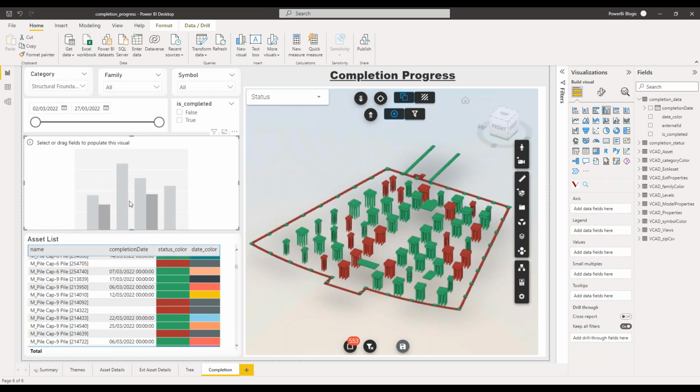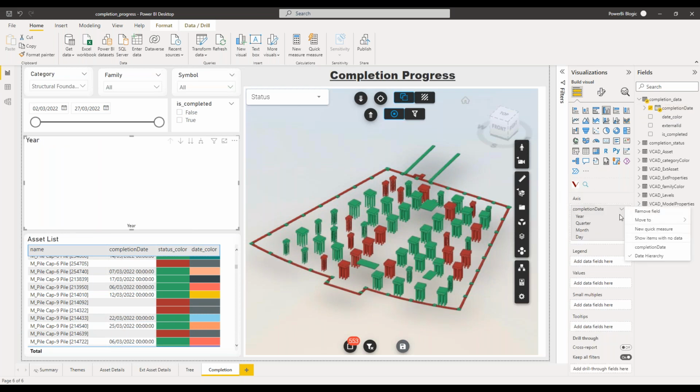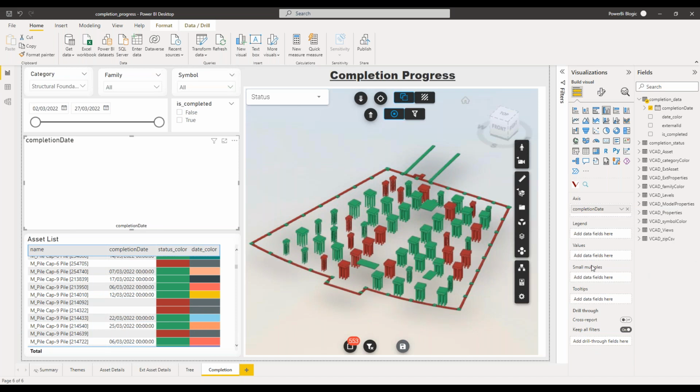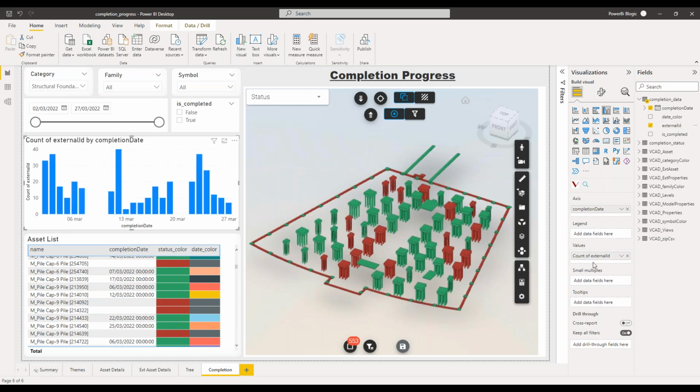Okay. For the bar chart, here we want to review our data over time. So we're going to drag in the date information. Again, we want the full date, not the hierarchy. And for the values, we want to be counting the number of objects. So we're going to count the external IDs. Okay, here we go. And now we have a representation of how many items were created on each